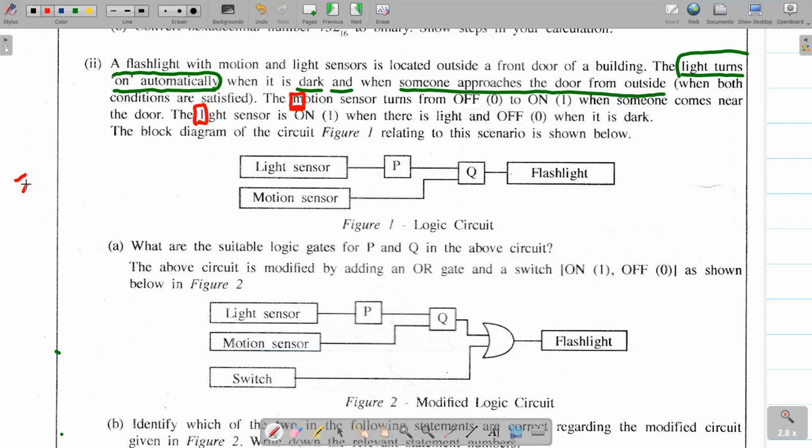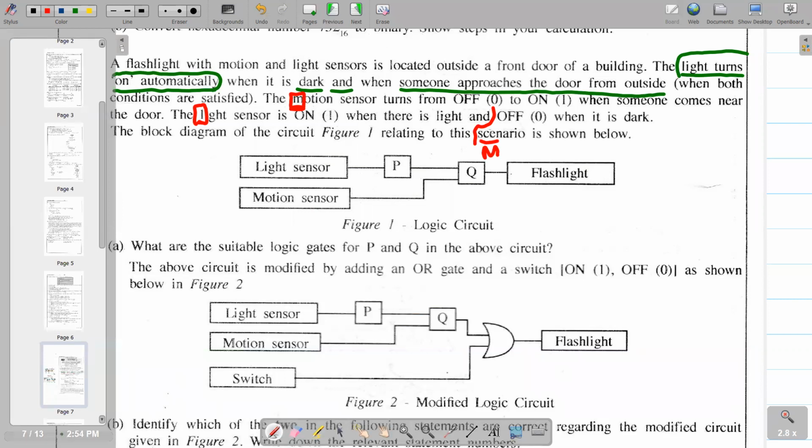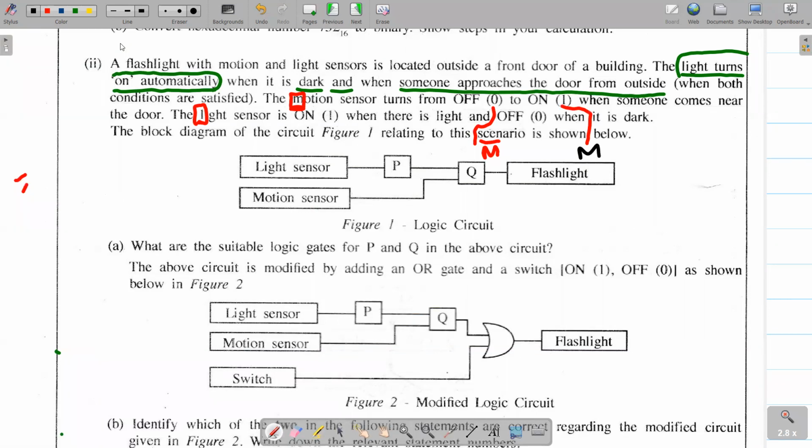That means the motion sensor is on when someone approaches the door, right? So the off state is indicated by M bar, the on state by M. That's the normal way it works, right? And when we take L as the light sensor, the 1 indicates L, the 0 indicates L bar,